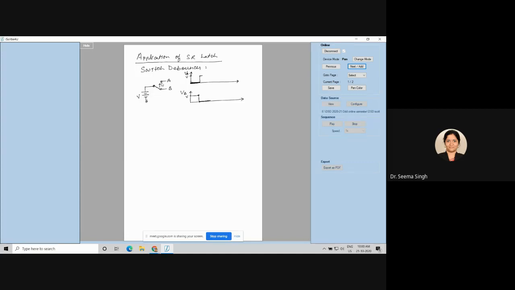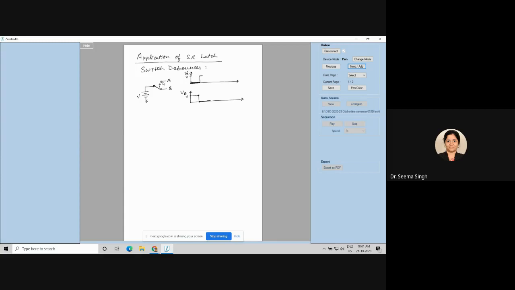So it will bounce. Bouncing means what? At a moment it will be bouncing at A. You can see my mouse how it is happening. It will touch A, bounce back, again touch A, again bounce back, again touch A, and with that little bit of oscillation, finally it will go and sit at A. But this bouncing will happen once or twice or thrice based upon the mechanical strength of the switch.